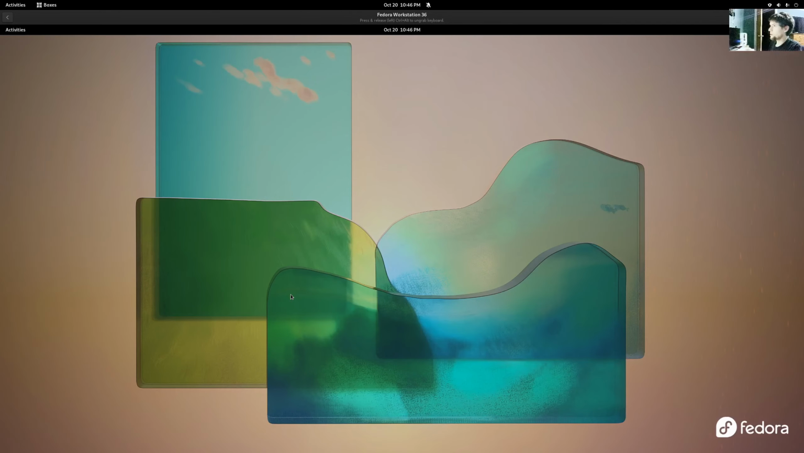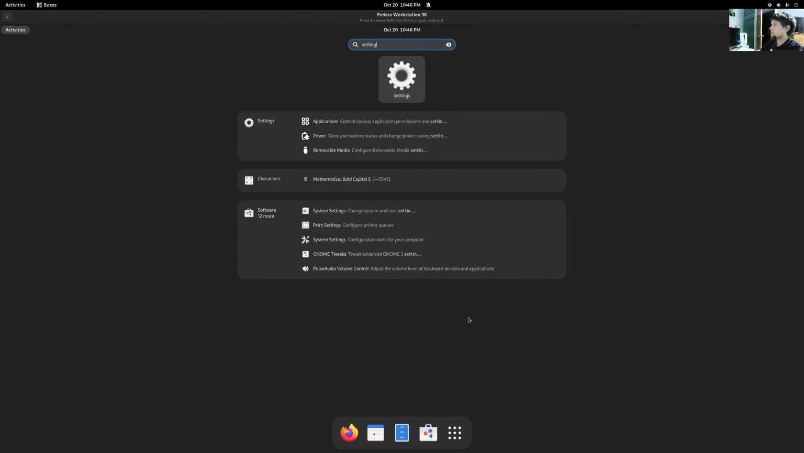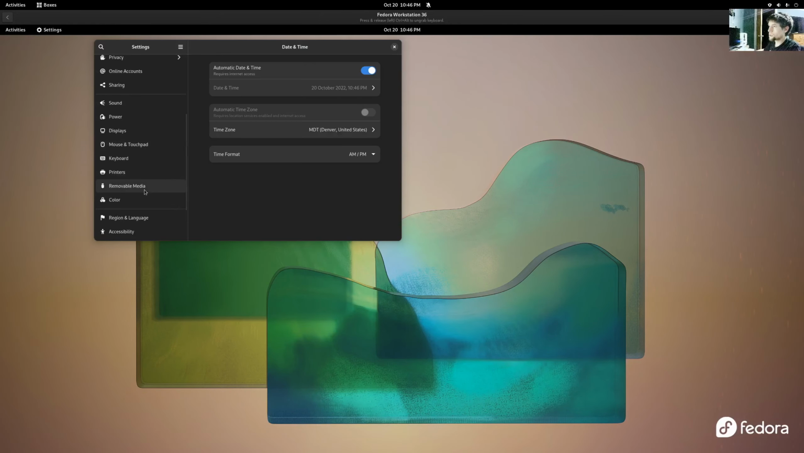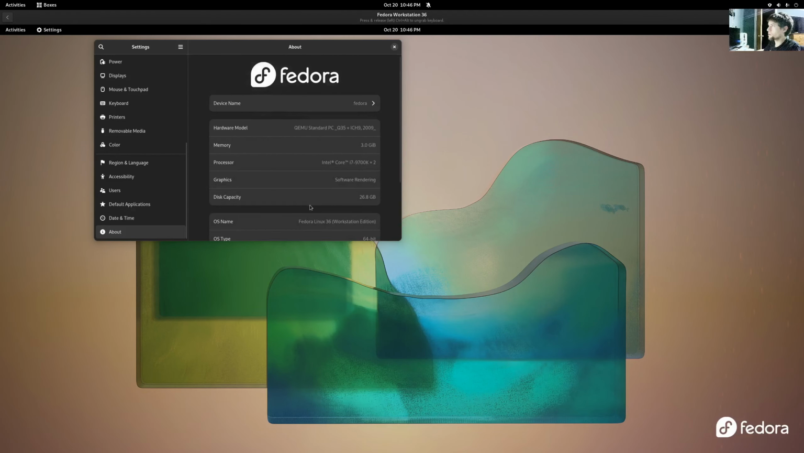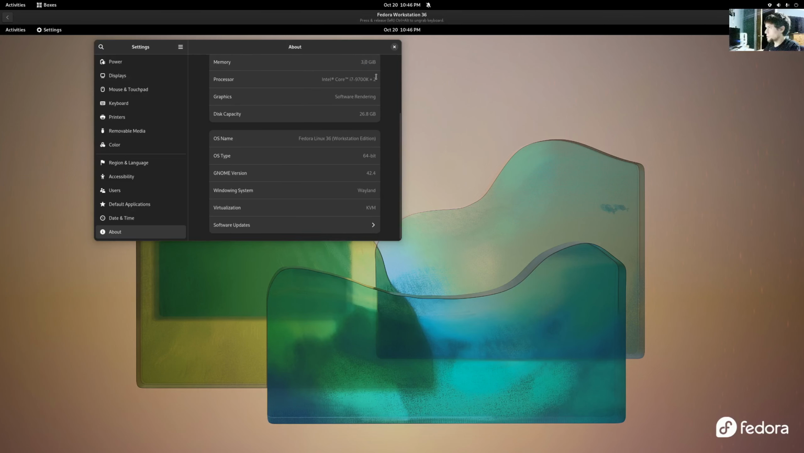Fedora, you can see here, is using the GNOME desktop environment. Let's go ahead and show you in GNOME just exactly what we're dealing with here. So this is Fedora Linux. You can tell that we have 3 gigs of RAM on this VM. Has 2 cores set aside for it. We're using the Wayland